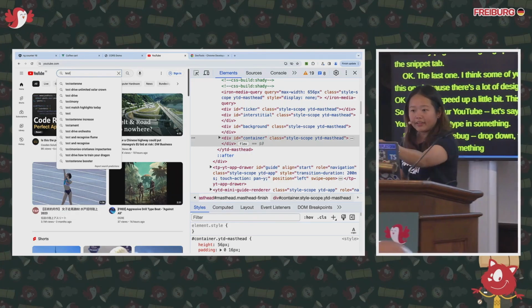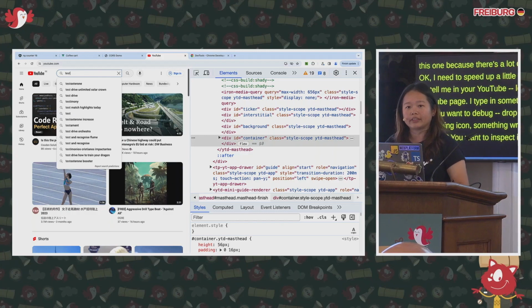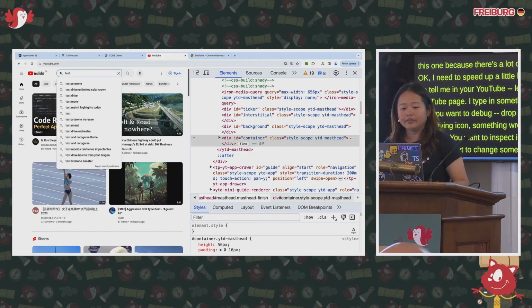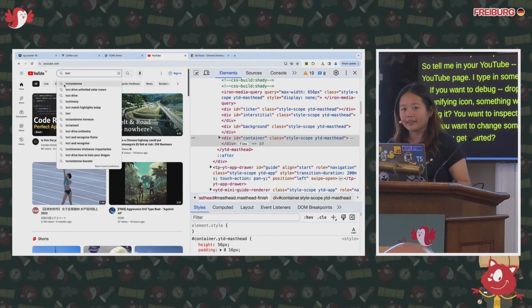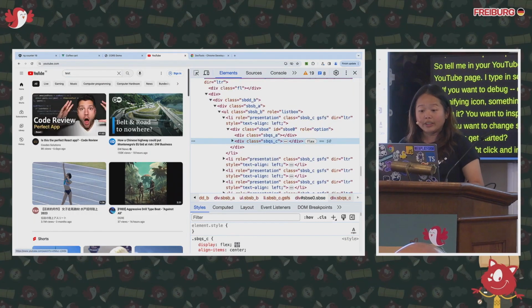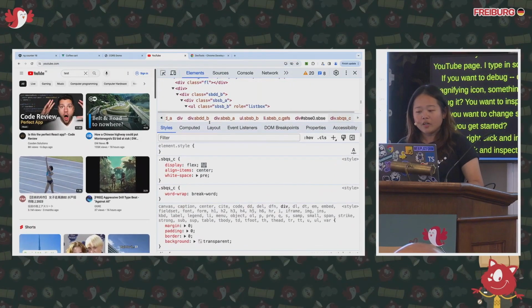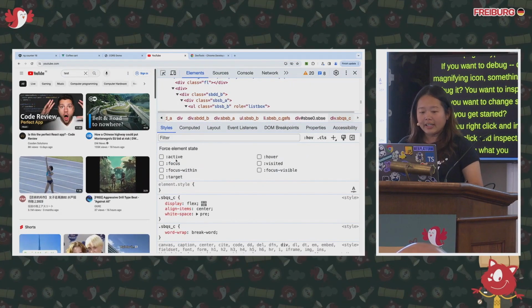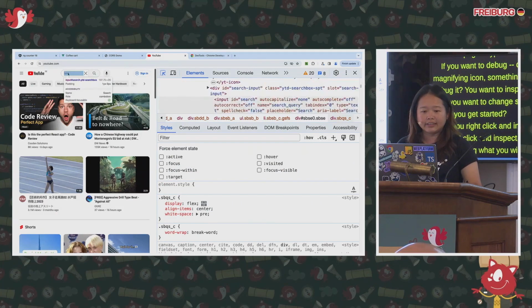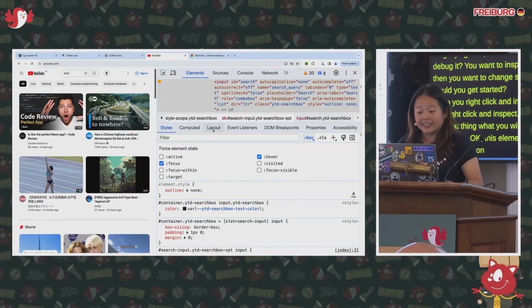You want to inspect in DevTools, and then you want to change some of the style. How would you get started? Do you right-click and inspect? Probably. When you right-click and inspect, no, it's gone. And then the next thing, what will you do? Probably you will go to the hardware and say, oh, OK, so this is this element. Maybe if I click focus or hover on this element, that drop-down will show up. But it actually doesn't show up.